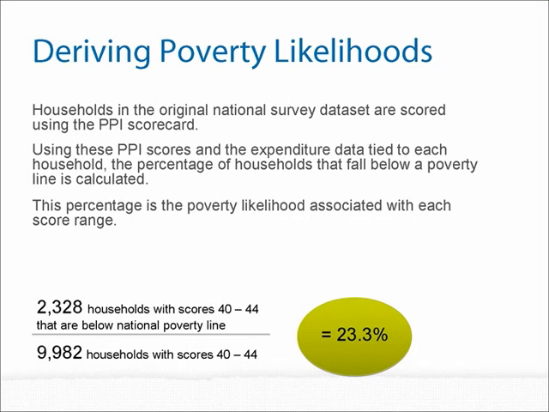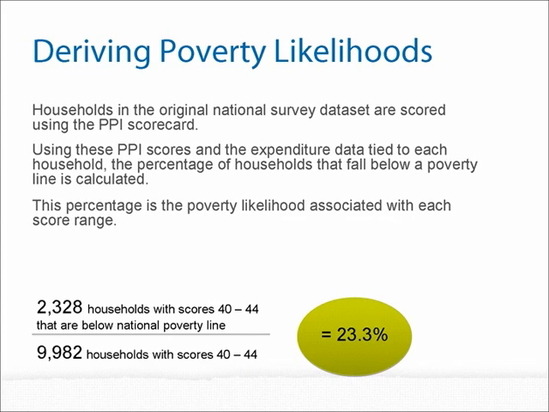The 23% in the lookup table is derived from the National Survey dataset. The households in the National Survey dataset, which were not used to create the PPI scorecard, are assigned a score using the final PPI scorecard. Using the expenditure data included in the original survey, the percentage of total households within a certain score range that fall below a poverty line is known. For example, in Peru,